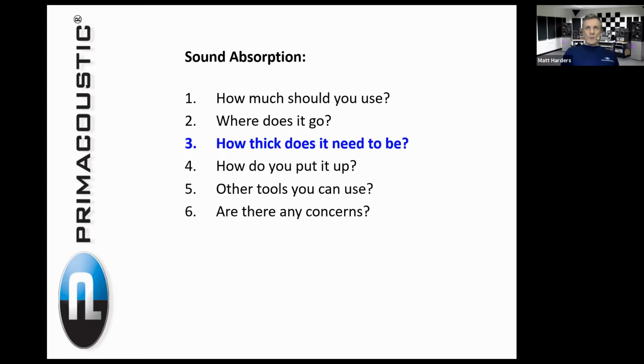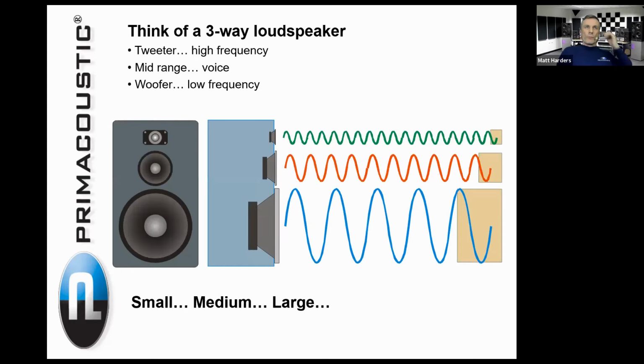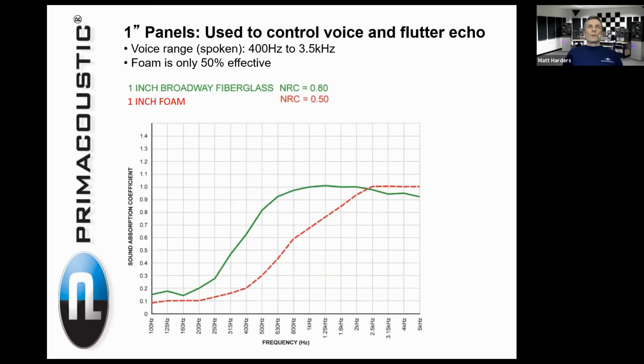Okay, so how thick does the treatment need to be? If you look at the frequencies that are being generated by a three-way loudspeaker, you have your tweeter with the high frequencies, the mid-range, and the woofer. And basically, the more energy that the sound wave has and the longer the sound wave, the thicker the panel needs to be. So if we look at the panels that Primacoustic produces,